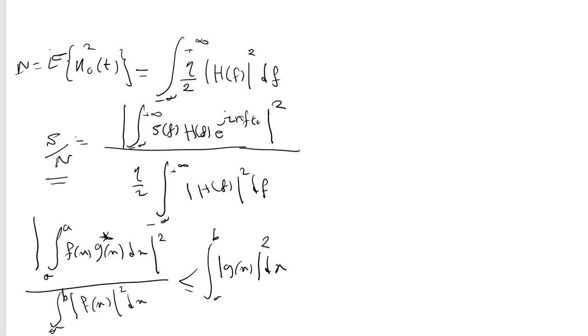If you see these terms, they are similar to this term. I can, for example, define F as H of f, and we reach equality when one signal is a multiple of the other signal. For example, F of x equals G conjugate of x. Based on this, I can write